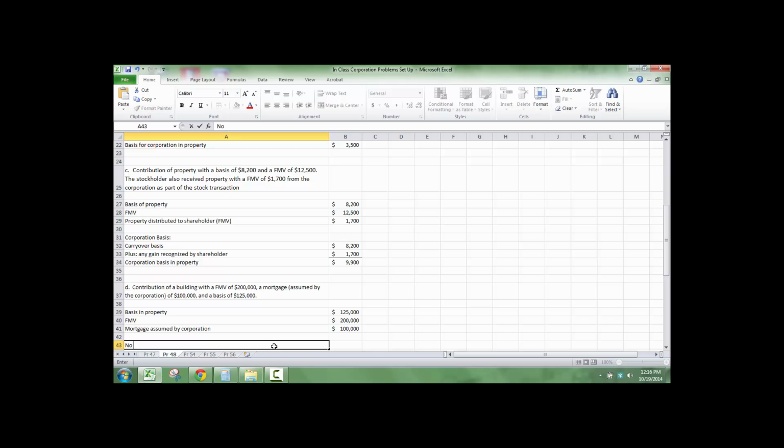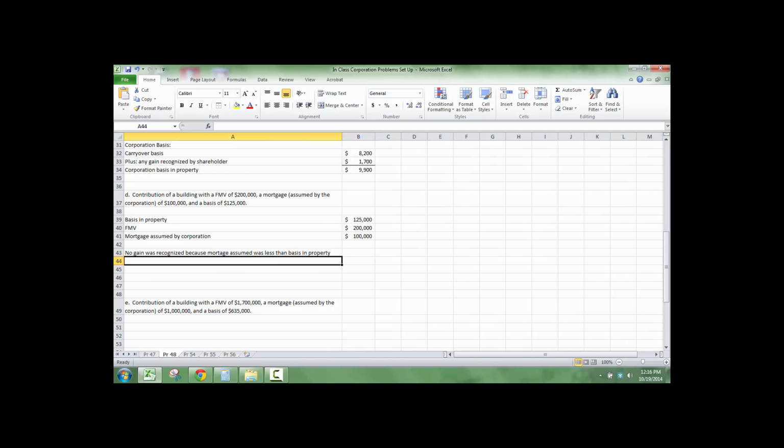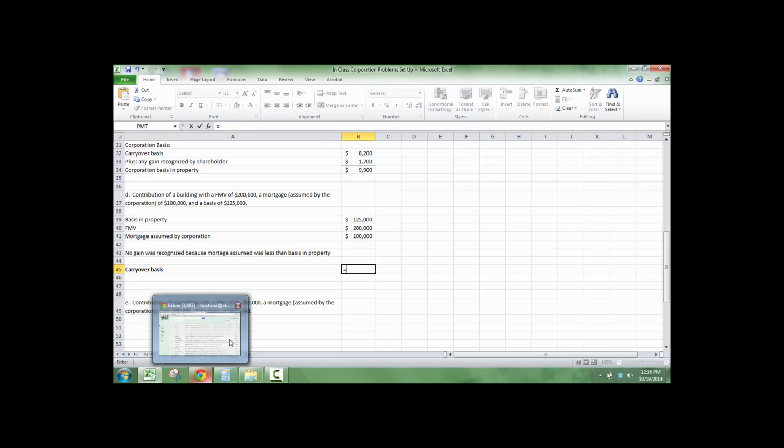So this one, no gain was recognized because mortgage assumed was less than basis in property. Therefore, carryover basis equals